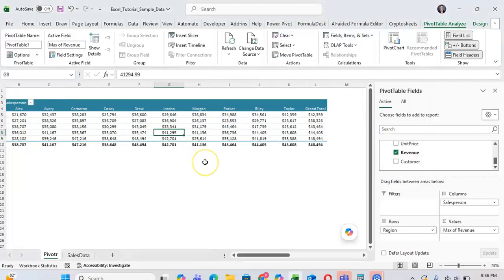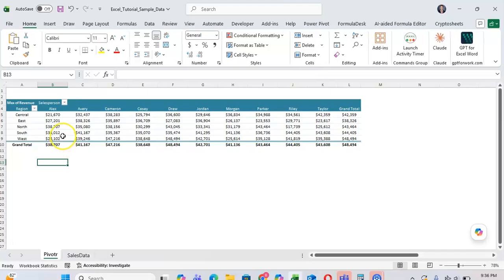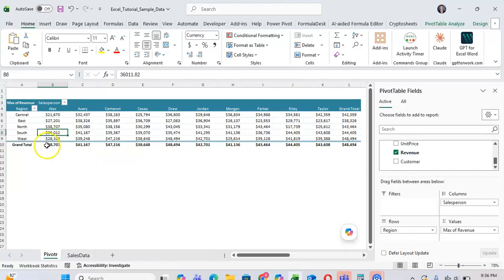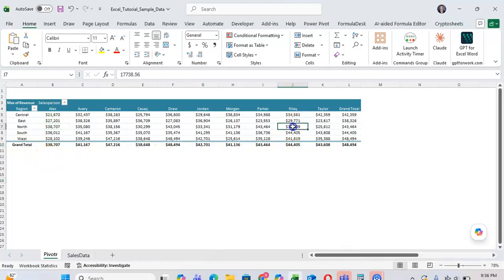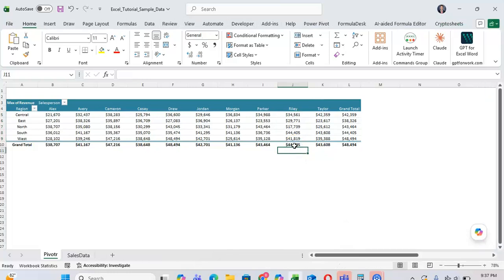Now, as you can see, this transforms to where it's showing the maximum for each applicable category. So, for example, the maximum sales for Alex in the South is $36,000. But the grand total, so the maximum total for Alex, is in the North region instead. And Riley, the maximum for the North region is $17,000, but the maximum as a whole across our regions for Riley is $44,000 in the